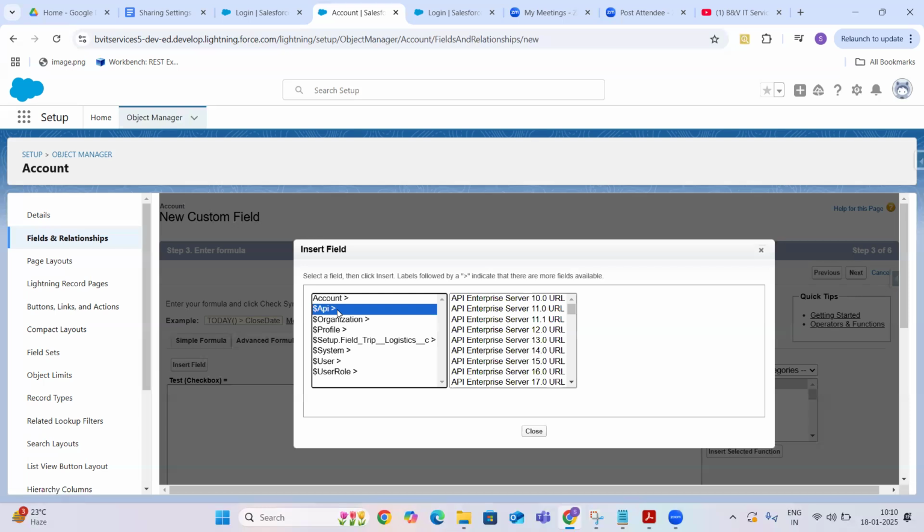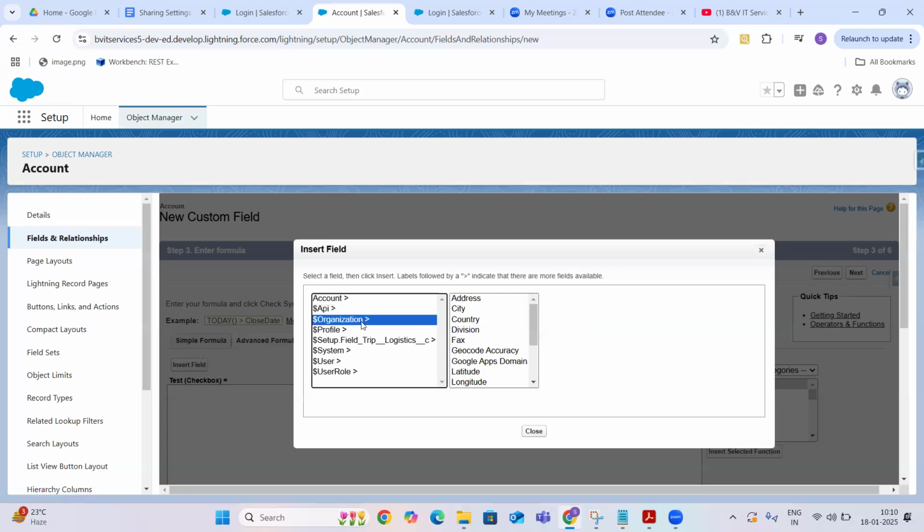And then APIs. If you want to check any API information, this is out of scope for you. Okay. Organization is the company information. If you want to add some conditions depending on the company information that you are going to access here, organization. If you remember, in our first class we discussed how to check our company information.